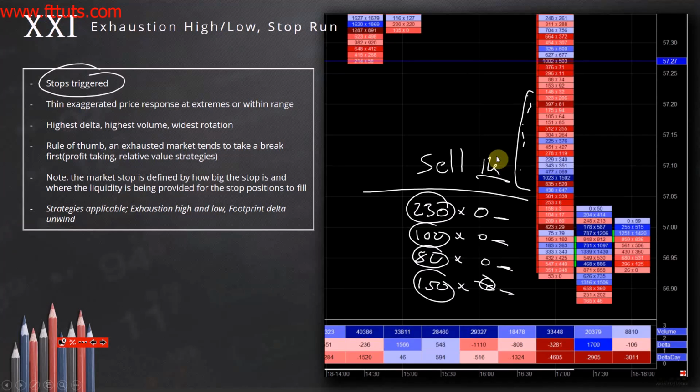So again, as a general rule of thumb, if you do see a number of zeros after each other, not just one, but a number of zeros after each other, that simply shows you stops in the market. As you can see, obviously we do have examples here where we only see one 0. That does not imply stops. That's simply just someone sold 53, but there was no buyer at that price. Okay,